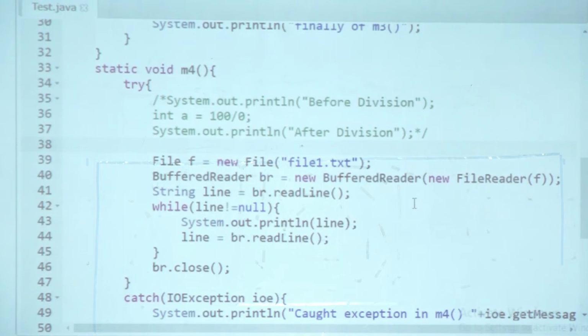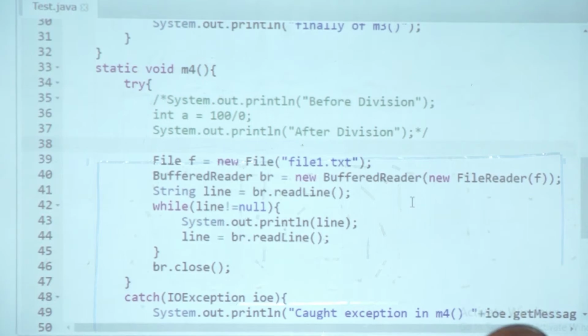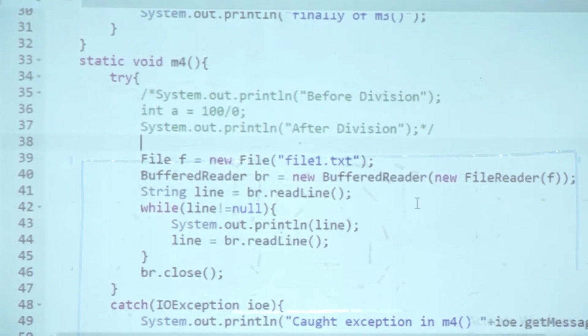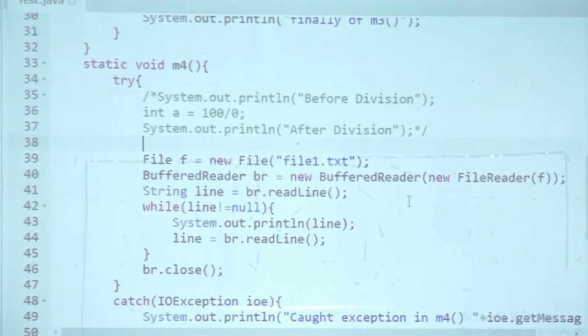Now, you analyze with me. So, I think the changes he has done are right there for us to see. We are dealing with file, not for any particular reason. So, we have file object created. Then if you remember, we are creating a buffered reader from the file object by first creating a file reader and buffered reader. Now I remember telling you, file reader can only read characters at a time, buffered reader can read lines at a time. So if you want to read data in lines, you must use buffered reader, you can't do it with file reader. So anyway, that is a conversion. Then we are reading lines, we are checking whether the line is null.